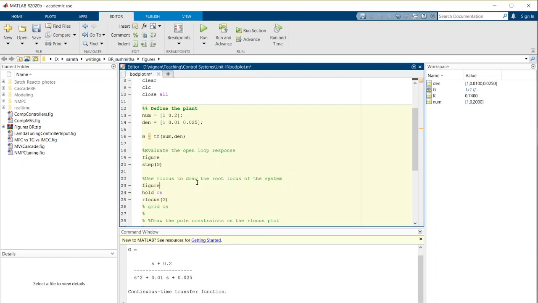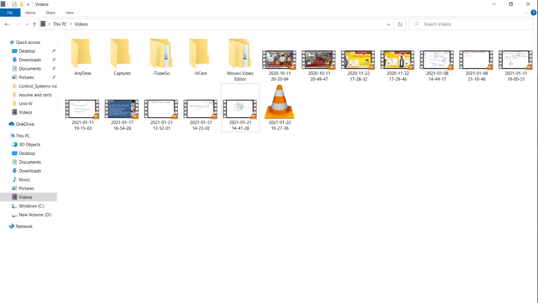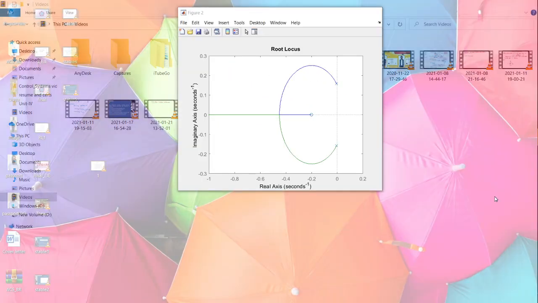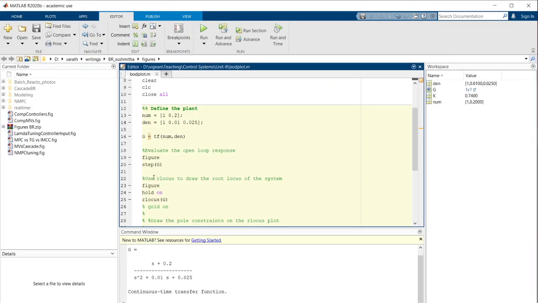We just need to draw a root locus. Plot it. Once you plot the root locus, yeah, you can see here, this is the root locus where the poles and the zeros are marked. See, you can see this green line. This pole is going in this direction. Here it is diverging and going towards infinity, and this pole is coming towards the breaking point at 0.44 and coming towards the zero. Okay, so that is how the root locus looks.